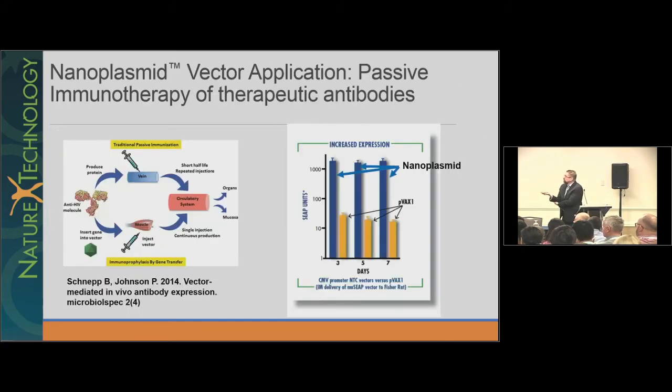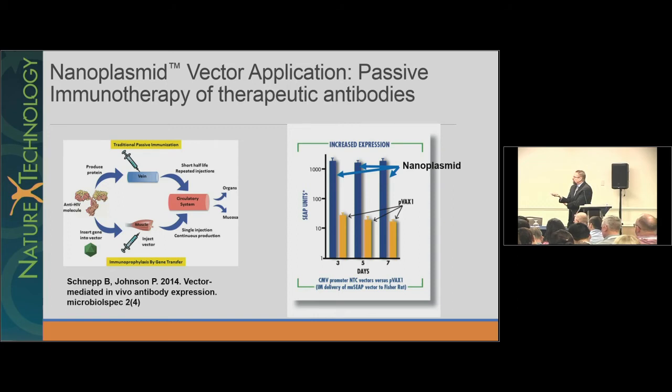And so one of the things we're interested in, because of the improvement with PVAC compared to PVAX1, and so many people using PVAX1, is this whole idea of using vectors for passive immunotherapy. I'm sure many of you have heard the concept that you currently inject antibodies which have a short half-life, and you have multiple injections of therapeutic monoclonals. The idea would be to have a vector that you inject that allows you to make that antibody in vivo, so you have fewer injections,